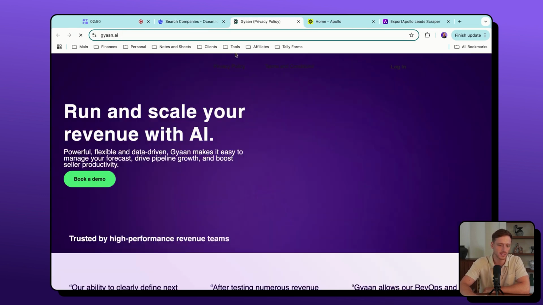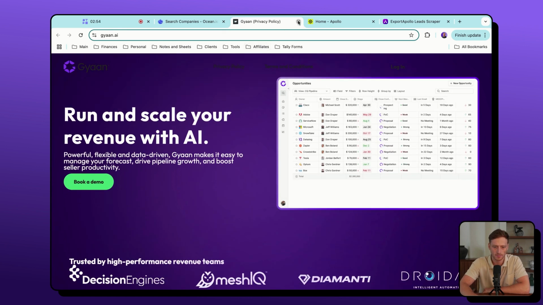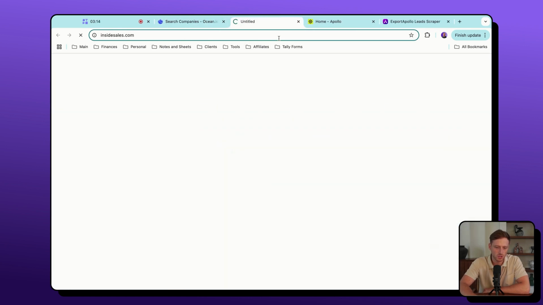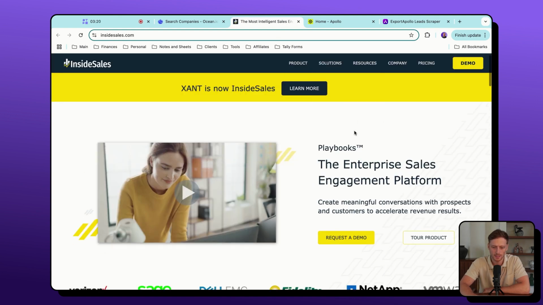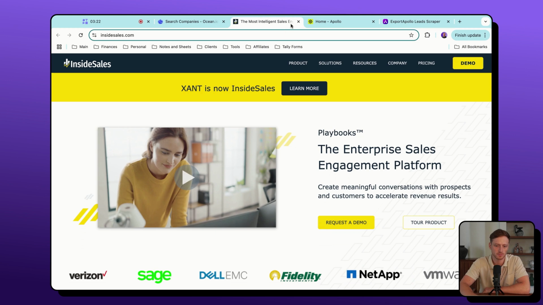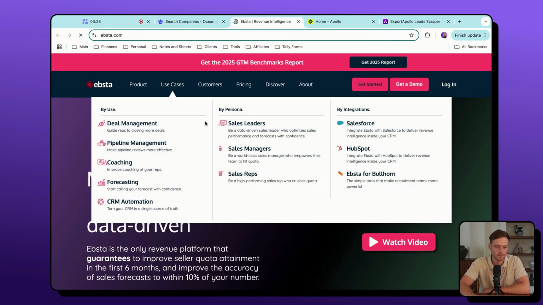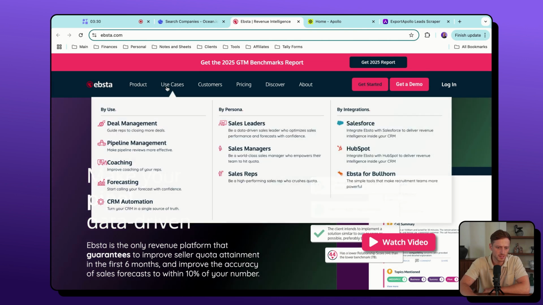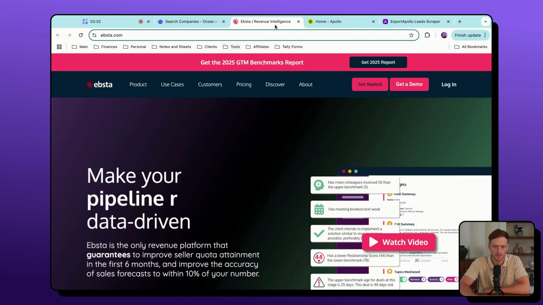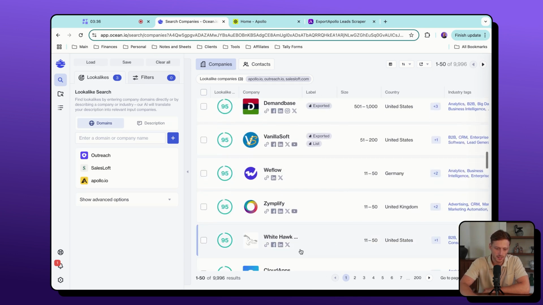So let's check Gyan.ai, run and scale your revenue with AI. Perfect. InsideSales.com, the website name is a bit of a giveaway, but we should be on the right track here. Enterprise sales engagement platform. Perfect. Ebster, conversation intelligence, relationship intelligence, revenue intelligence, deal management. Yeah. Perfect. And we have a full list here of